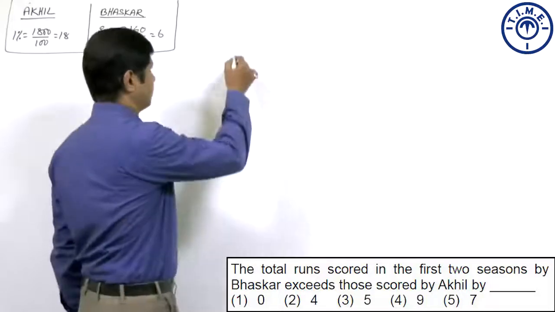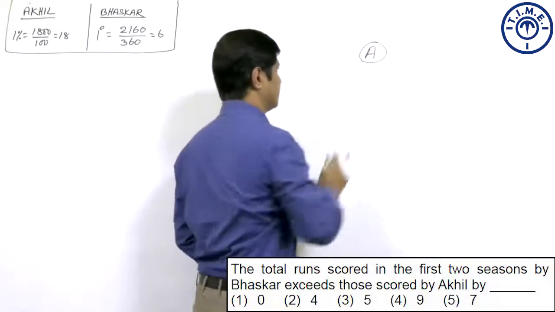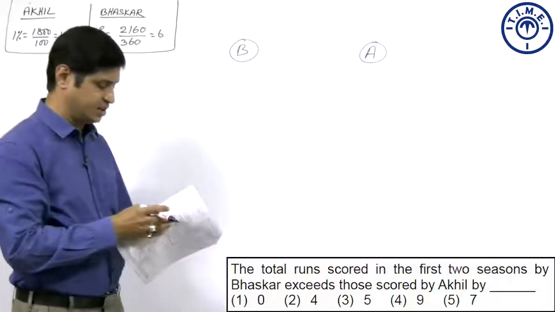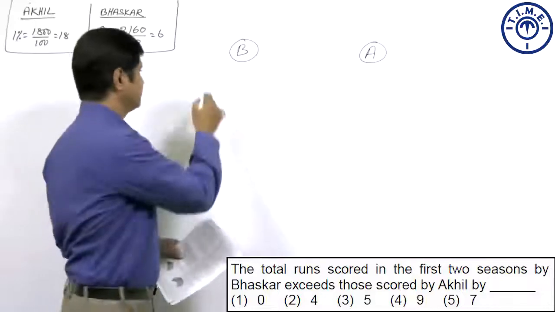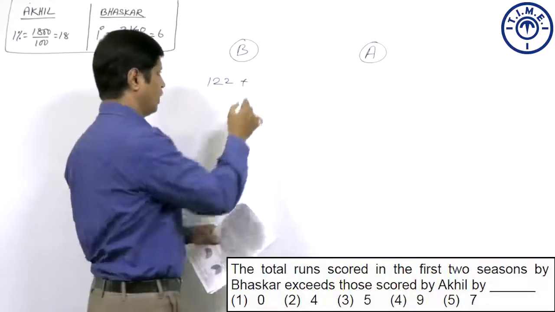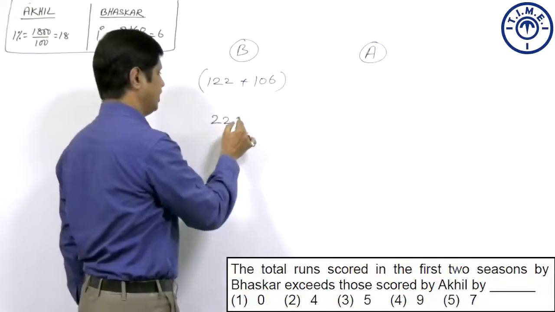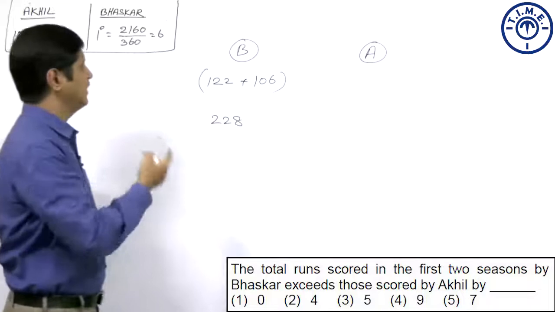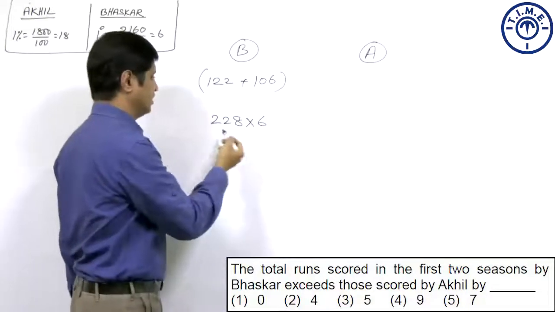What are the first 2 season values of Bhaskar here? The Bhaskar values are 122 degrees in season 1, and in season 2 it is 106 degrees. So, the sum of these two values is 228 degrees. What is the 1 degree value? 1 degree value is 6. So, multiply by 6, the result is